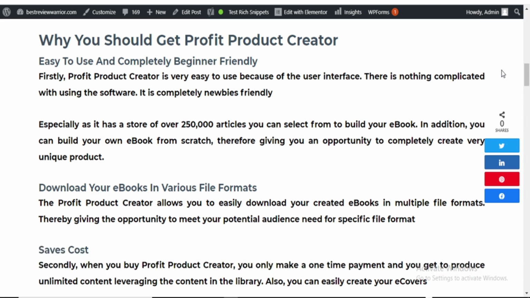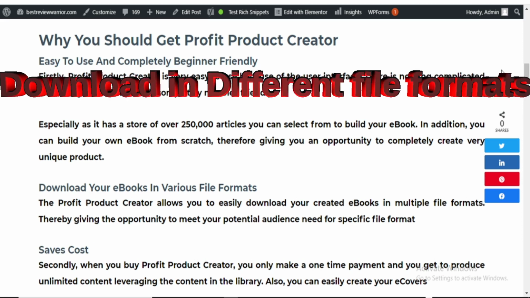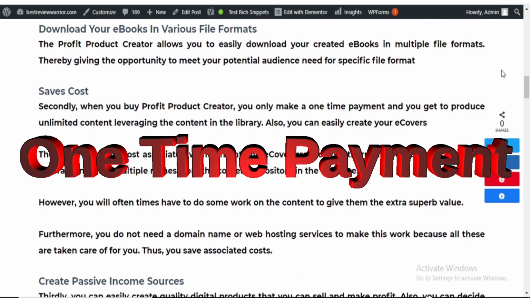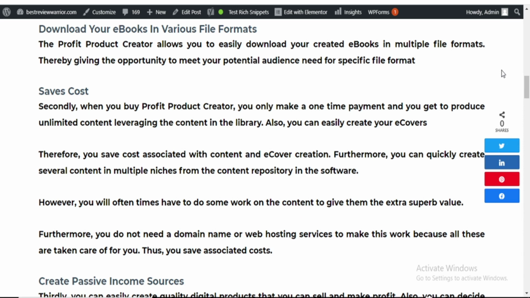So it will help you in creating content easily. And then, of course, you can download your ebooks in various file formats. That is also another reason why you should get this ebook. Because when you do that, you can easily meet your audience at various points. It saves costs because with this product, all you need to do is a one-time payment. And with that, you need not pay extra to continue to generate content.